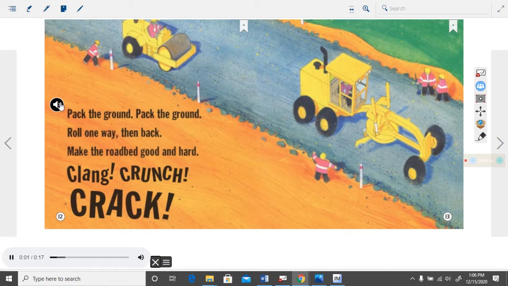Pack the ground. Roll one way, then back. Make the roadbed good and hard. Clang,